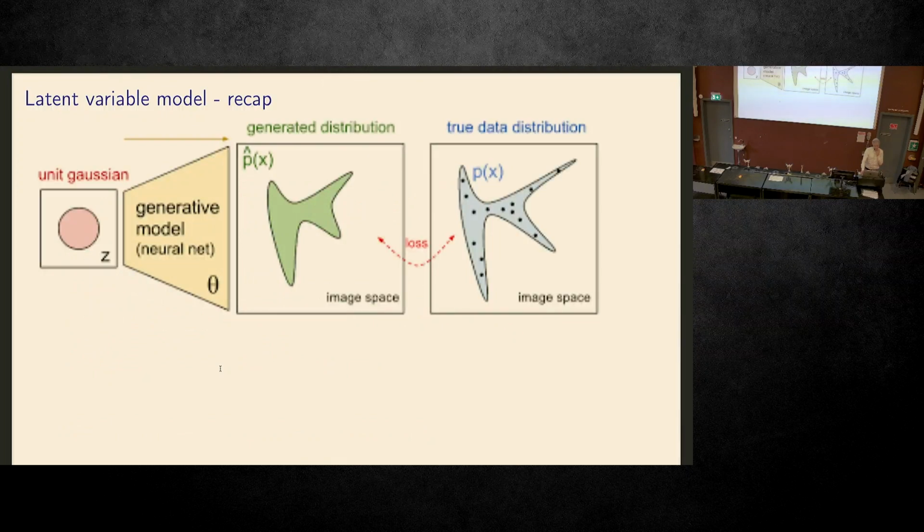I have a few really introductory slides. Maybe it's wasted on you guys because now you're experts. This is the famous figure from the OpenAI blog before they made GPT, where they nicely describe the power of having a latent variable model. You start from some space, the latent space, and then you have some transformation. So you can take a simple distribution and mold it into a distribution that fits the true distribution of your data, which is shown in blue on the right.